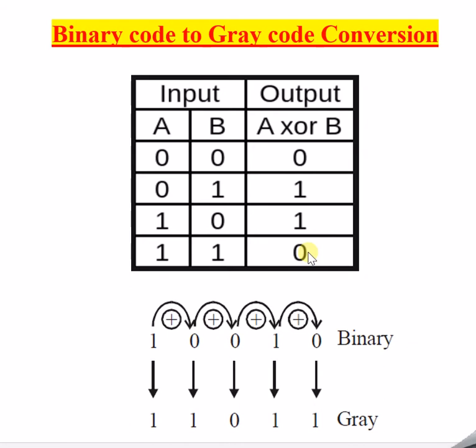But still, to understand and remember it in the easiest way, whenever 1 plus 1 comes, we can say that the sum is 0. That means it is a binary addition, correct? So 1 plus 1 is 0 in binary, whereas in decimal 1 plus 1 is 2. Please try to make a difference.